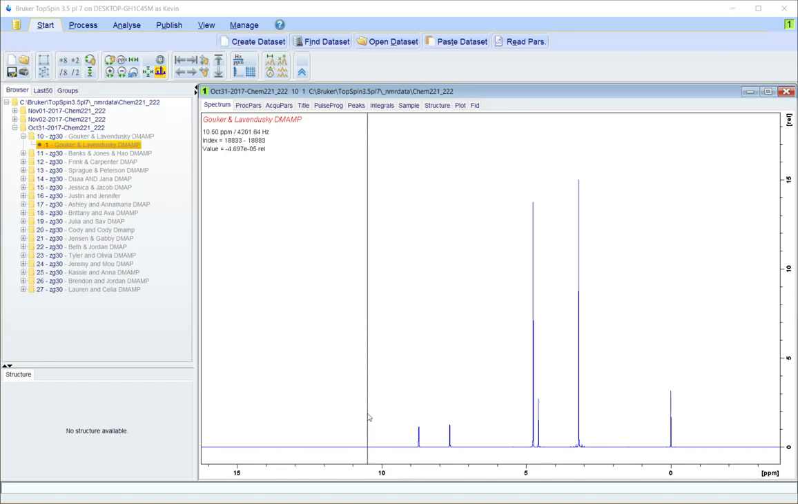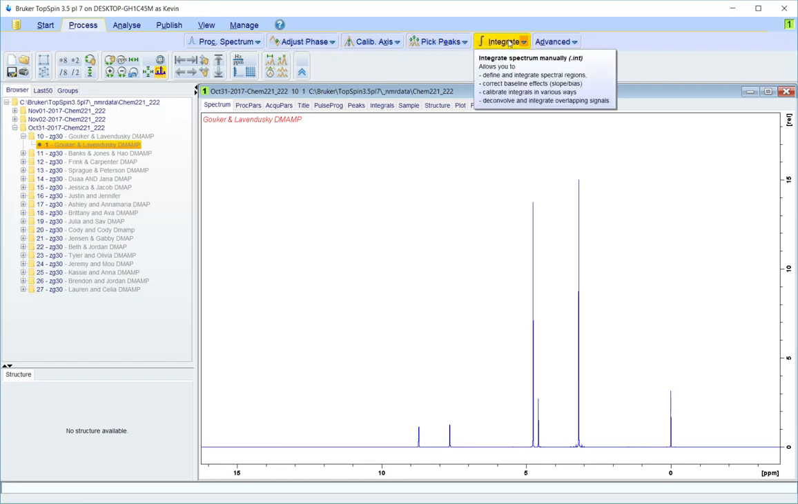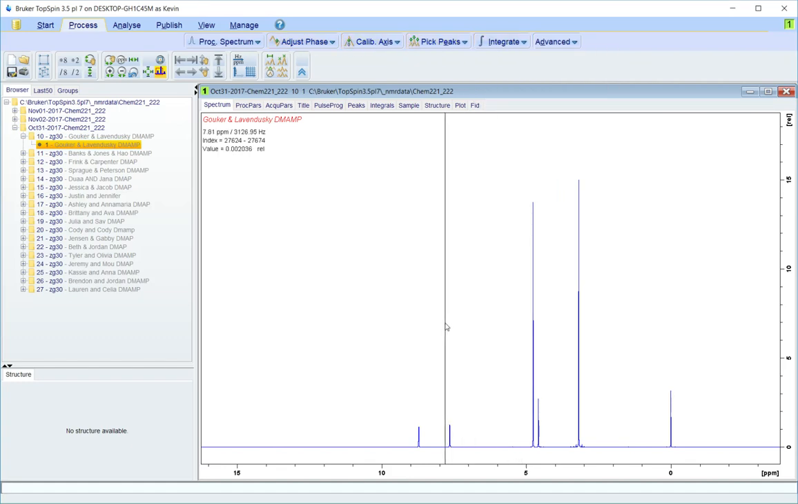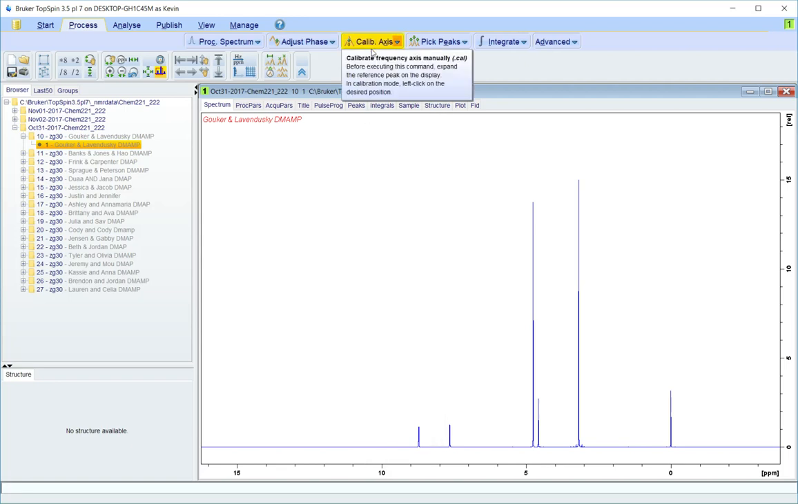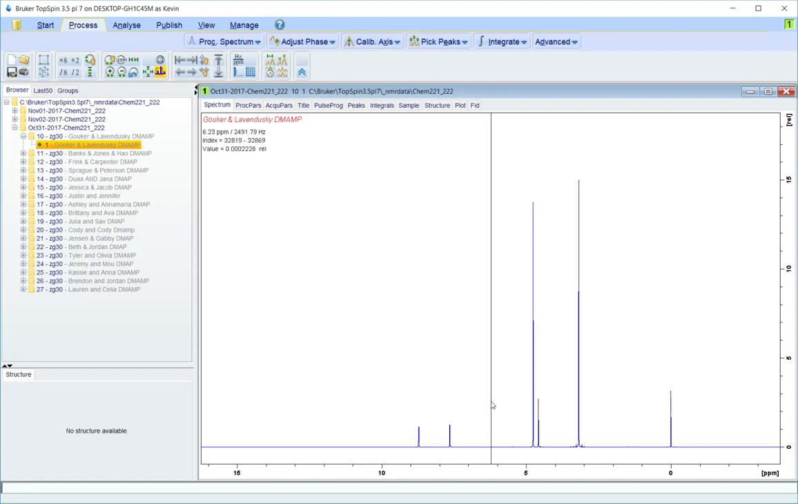Okay, once you found your spectrum, it's time to process it. And the way you do that is you click on the Process tab, and that opens up a new set of icons. The one we're going to deal with first is this Calibrate Axis icon,